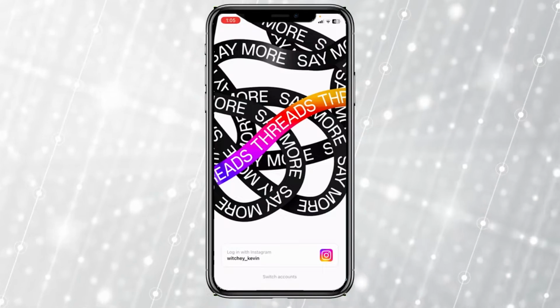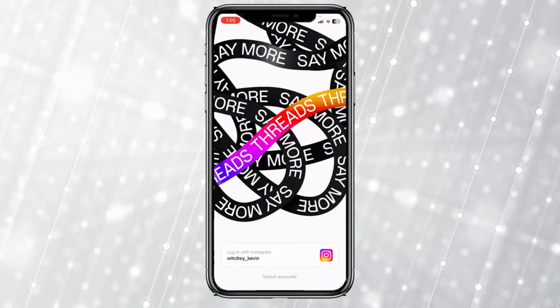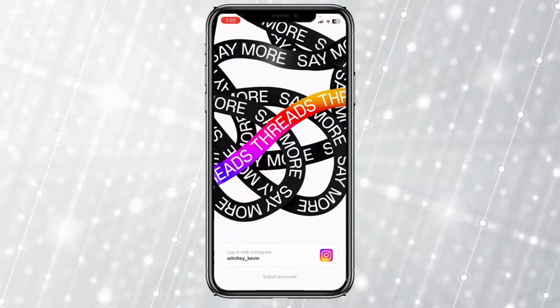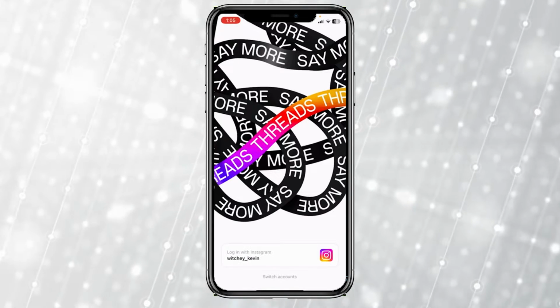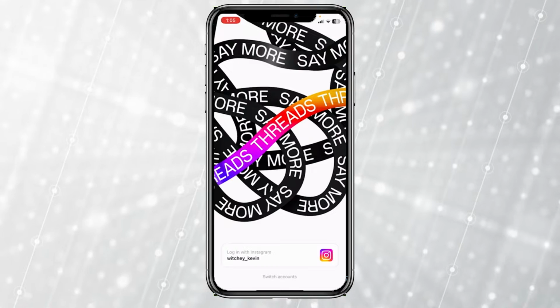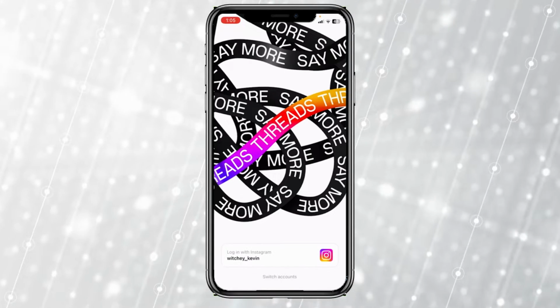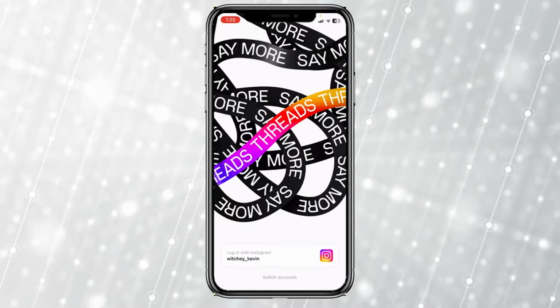Today I'll teach you guys how we can add multiple accounts on Threads. It's pretty simple. So after you open Threads, it's going to show you only one of your Instagram accounts at first. Now to see multiple Threads accounts, you need to add them, and to add them, you need to log in